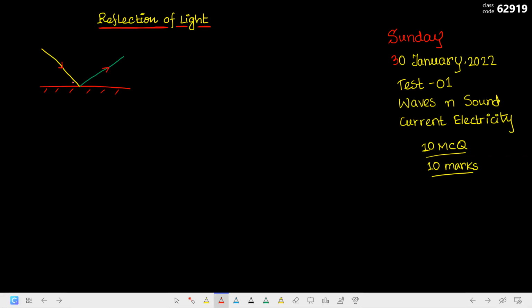So the light ray that is coming is called the incident ray, and the point at which the light is incident is called the point of incidence, and this green one is the reflected ray. And at the point of incidence, if you draw a perpendicular on the surface of separation, then that line is called, anybody can say, that is called,